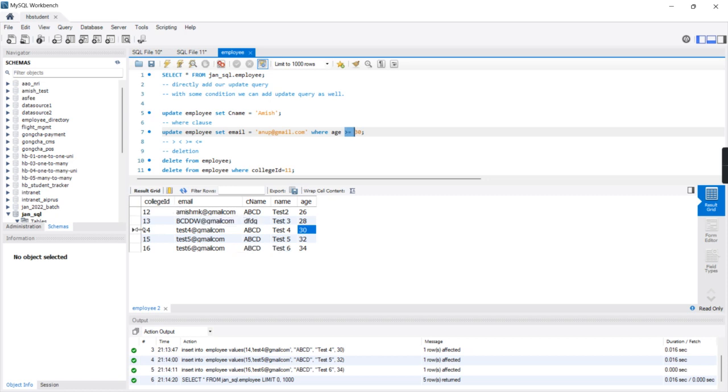Here we have age equal to 30. This one is 32, so the age is greater than 30. See, it is also true. And the fifth one is 34, so 34 is greater than 30. So if we execute this query,